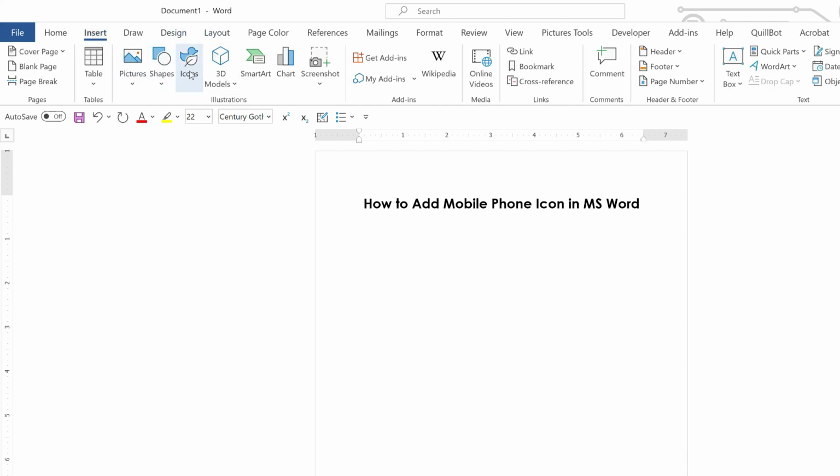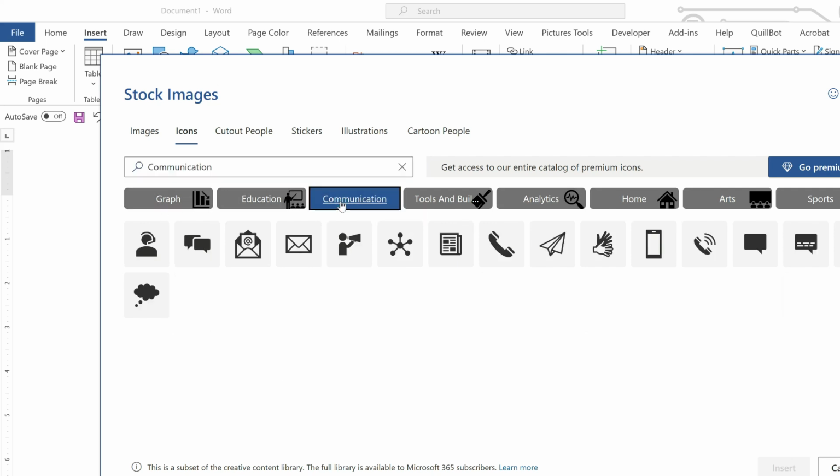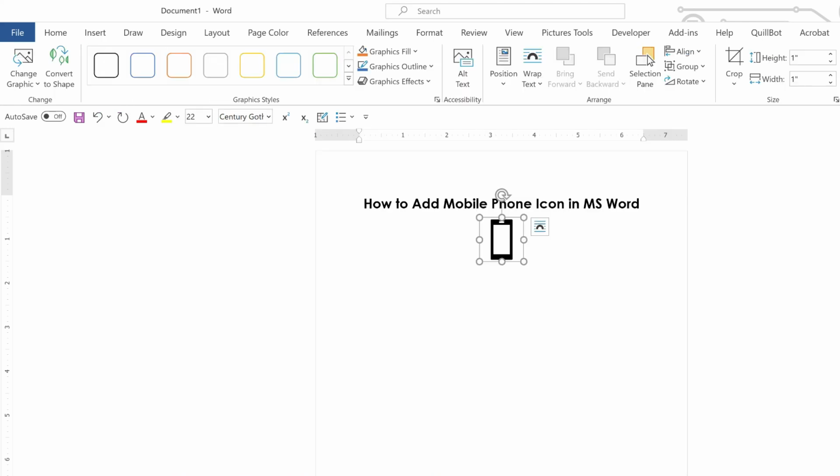the Icons, and make sure your laptop is connected to the internet. After that you will see that there are multiple tabs over here, and from here you need to click on the Communication tab, and here you will see that there is a mobile phone icon. You just need to click on that and click on Insert, and here you can see that the mobile phone